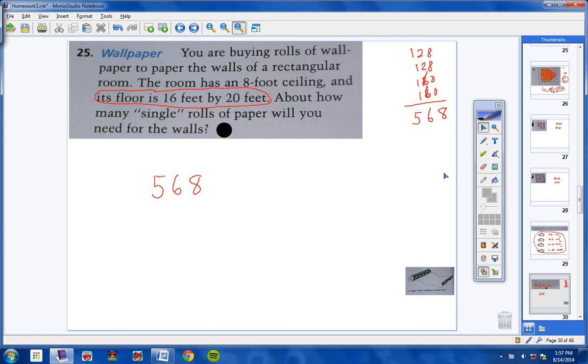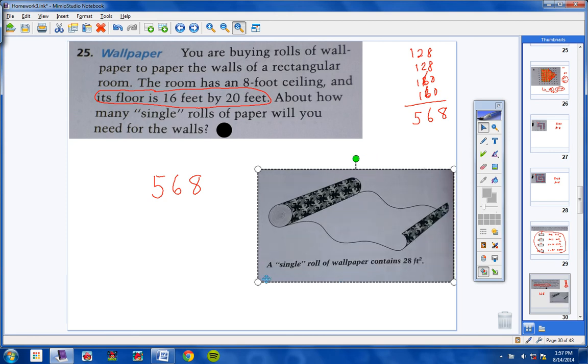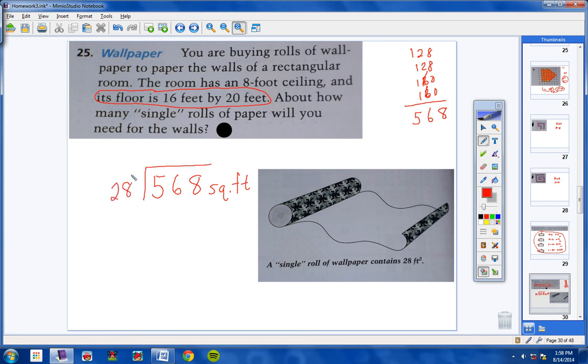Now, if you'll look in your book, at number 25 to the right, they had this picture right here, which you really need to finish the problem. You need to know how many single rolls of wallpaper you're going to buy. Well, look, students, a single roll of wallpaper has 28 square feet, and you need 568 square feet. So I'm going to take 568 and divide that by 28, and you're more than welcome to use a calculator. I would definitely encourage you to do that. So 568 divided by 28 is going to give you